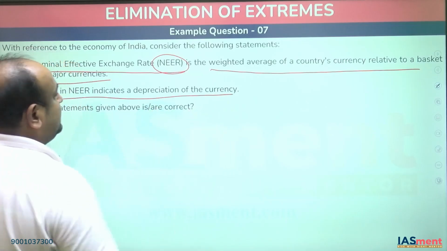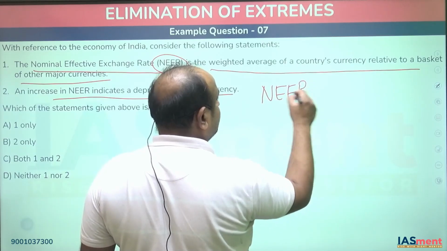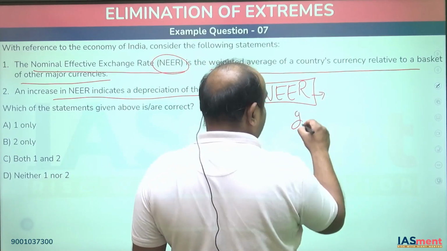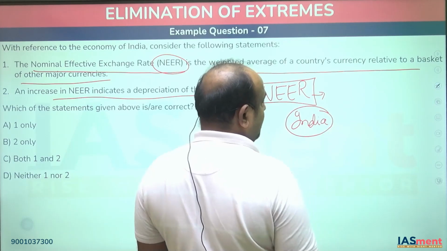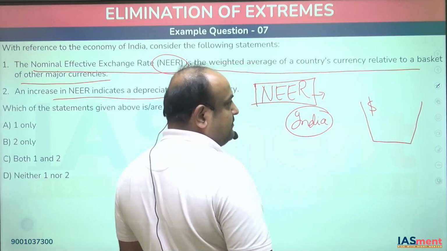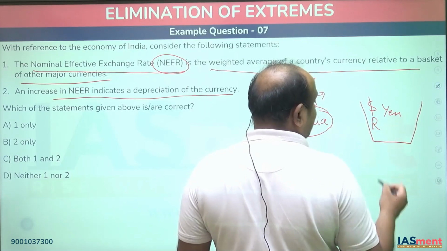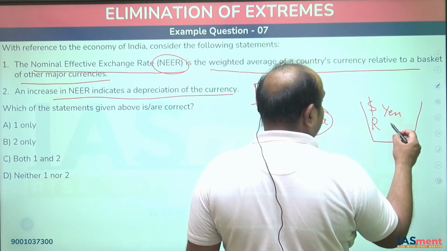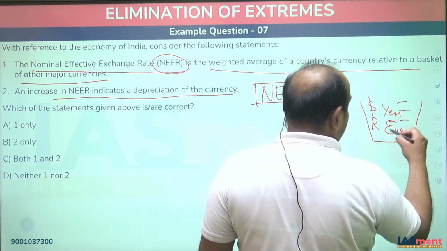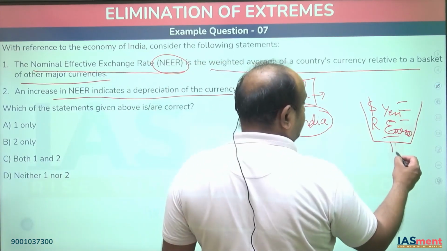Increase in NEER indicates depreciation of currency. देखो नीर क्या होता है, ऐसे समझो, ये है इंडिया और ये है एक बास्केट जिसके अंदर हमने यूएस डॉलर भी रख दिया, येन भी रख दिया, रेमिनबी भी रख दिया, यूरो भी रख दिया, ठीक है, और भी दो चार मेजर करेंसीज हमने यहाँ पे रख दीं।